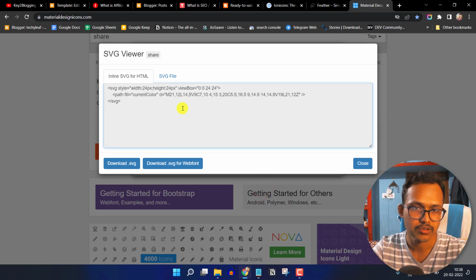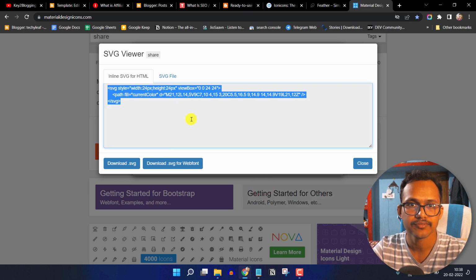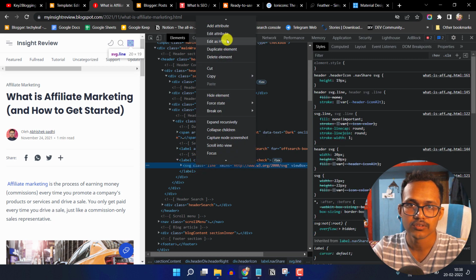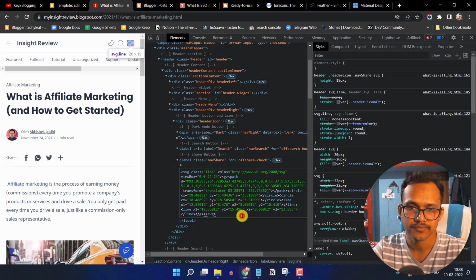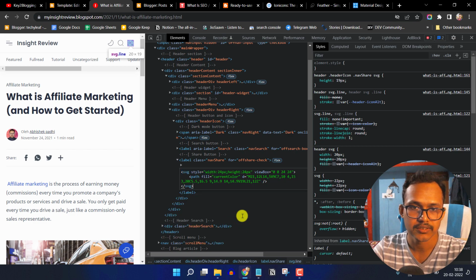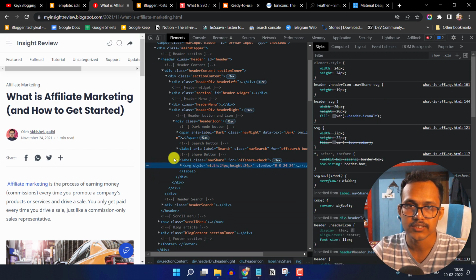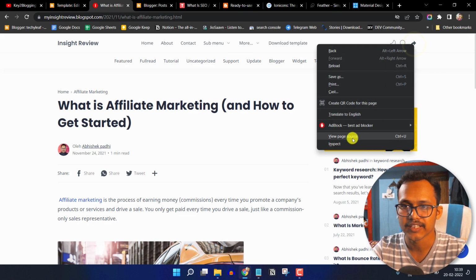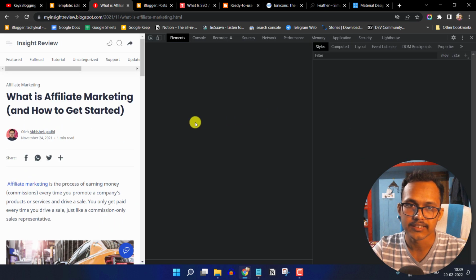Let me copy this SVG file and go to this website and change the SVG code. I will click on edit HTML and paste the new code, and as you can see, the share icon is now changed. You just need to find the same HTML code in the edit HTML section